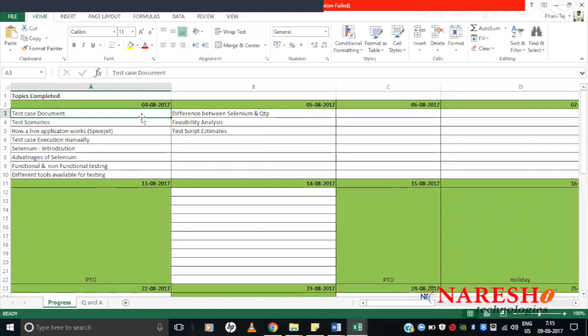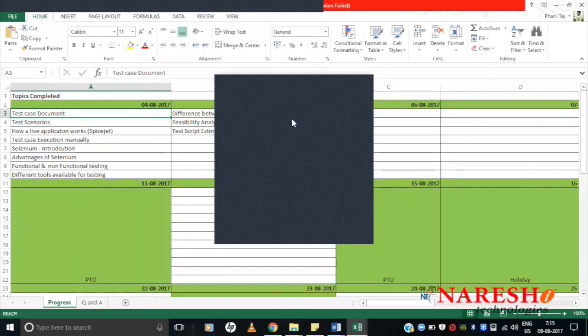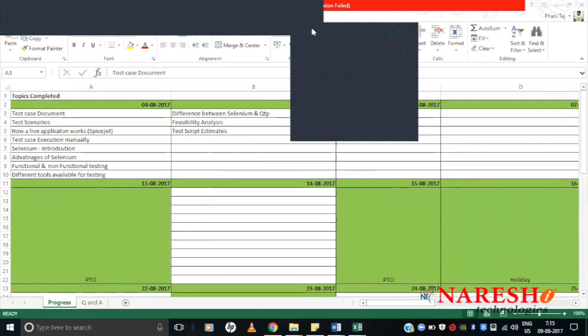So what have we discussed? We have discussed what a test case document looks like. Yes, definitely, as I said, both recordings will be available for you. Any session going forward that we have as part of this batch will be recorded and shared with you. There will be a recording available for each and every session.